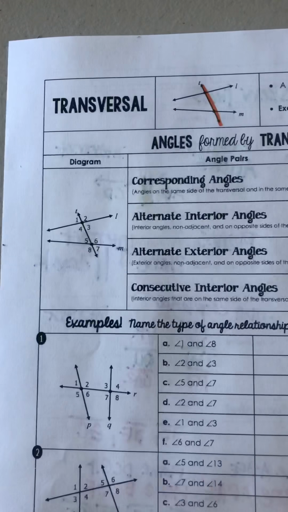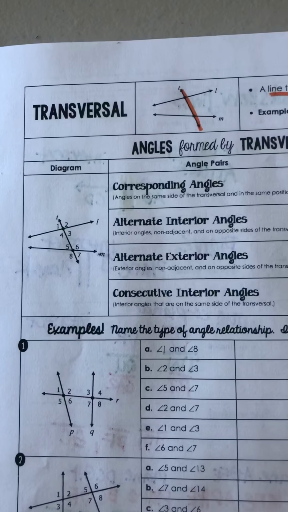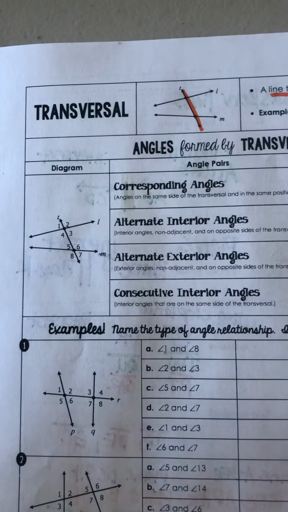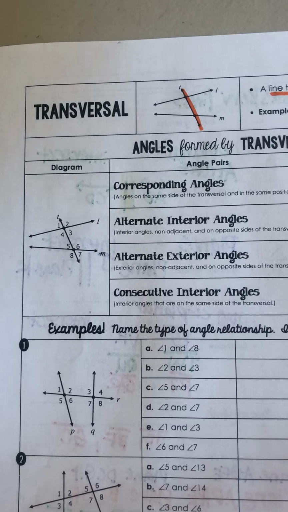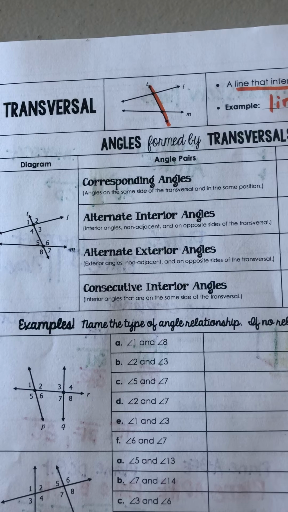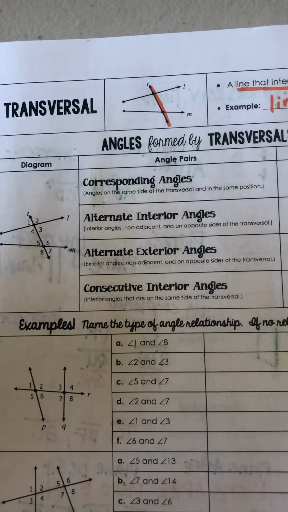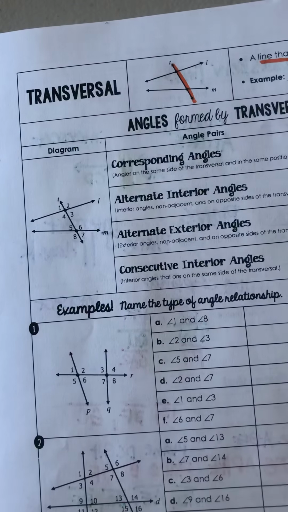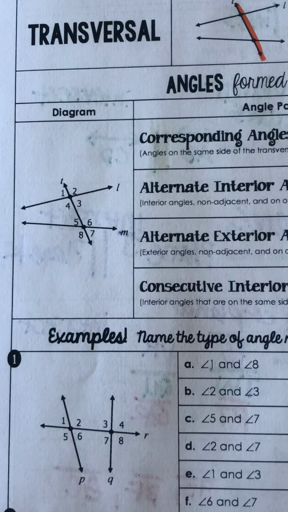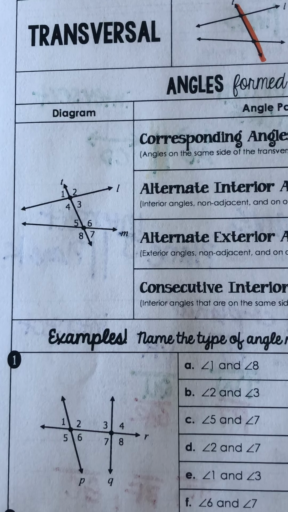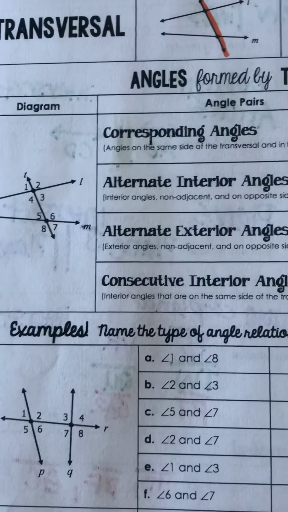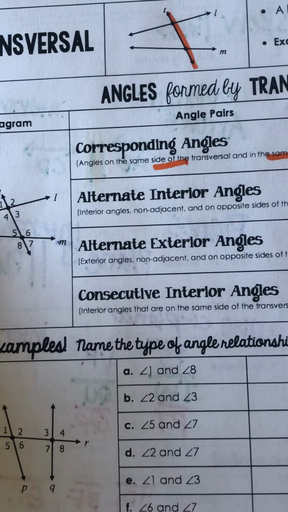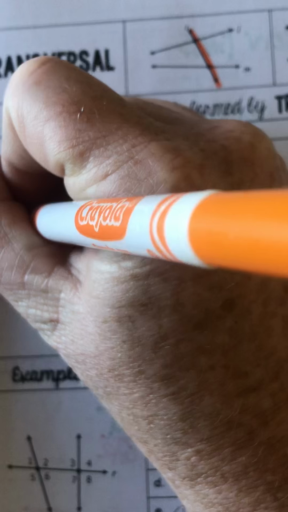All right, but when that happens with angles, there's certain things that occur, okay, but before we know their relationship, it's important to know this vocabulary and what I'm talking about when I say a corresponding angle. Okay, so it may take a little bit to see this, but corresponding angles are angles on the same side of the transversal and in the same position. So same side of the transversal, same position. Okay, so if I start at angle 1,